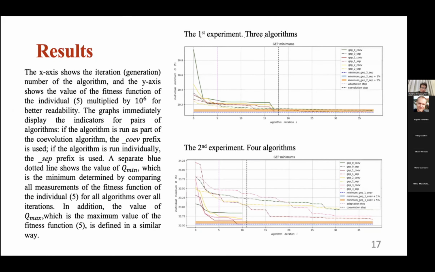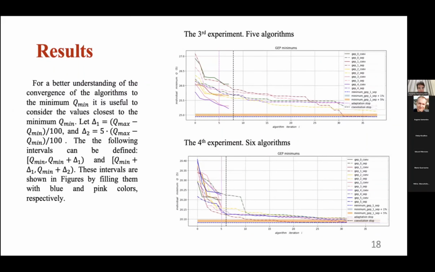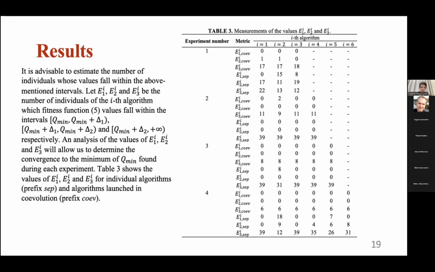I show you the results. For a better understanding of the convergence of the algorithms to the minimum of the objective function, it is useful to consider the values closer to the minimum objective function value. Let delta 1 be the difference between the maximum and the minimum objective function, or a percentage of it, and delta 2 the second. The following intervals can be defined, and these intervals are shown in the figures by filling them with blue and pink colors. It is advisable to estimate the number of individuals whose values fall within the above-mentioned intervals. And table 3 shows the values of these